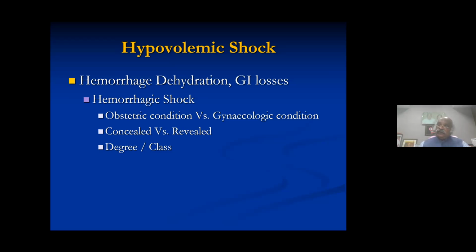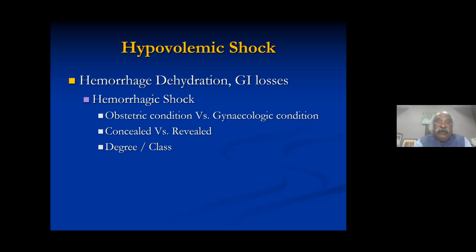And if there is a concealed hemorrhage which is delayed, then it will cause more fatality and give rise to the advancement from compensated to decompensated shock. So the concealed hemorrhage is important. Say, for example, placental abruption, or a concealed hemorrhage following a surgery, or a concealed hemorrhage following a tubal rupture. These are concealed hemorrhages which you have to think about on the clinical parameters.